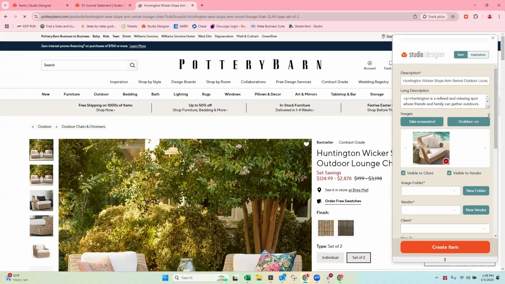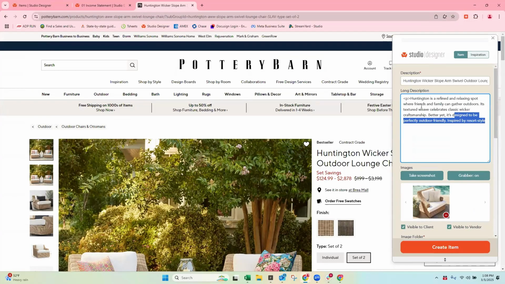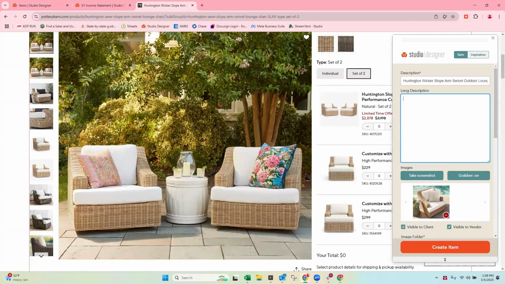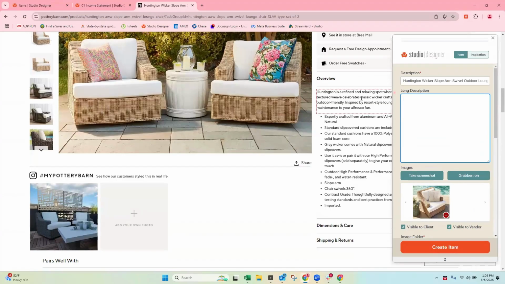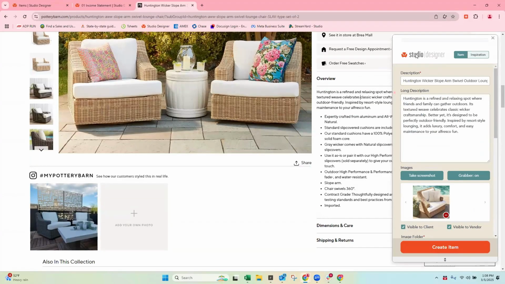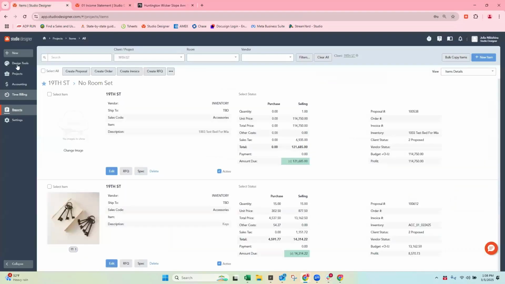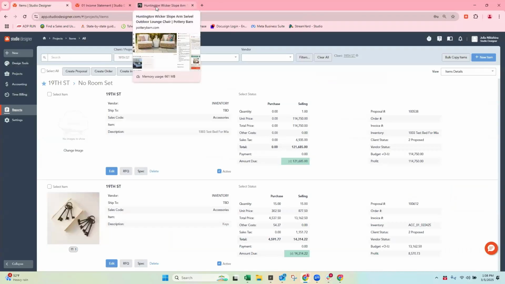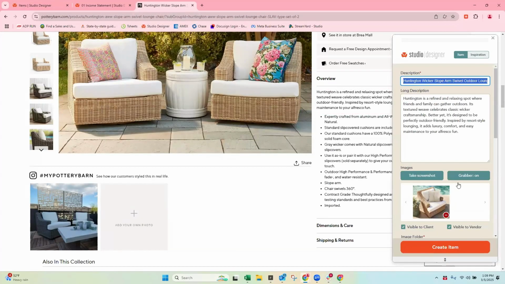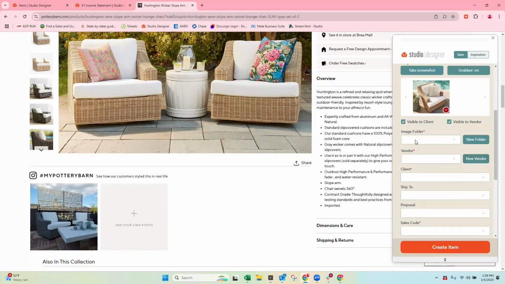Anthony, I've been pushing design tools really, really hard lately, and I'm very proud of myself because I'm learning as I go. So Huntington is a refined, okay, so here's my top line item. Hopefully everybody is using Studio Capture, not only for items, but also for inspirations. Inspirations talks directly to your design tool module. Anthony was really leading a lot of those webinars last year when that module was first released. If you have any questions or you'd like to explore it further, those recordings are within the knowledge base and they're fantastic.